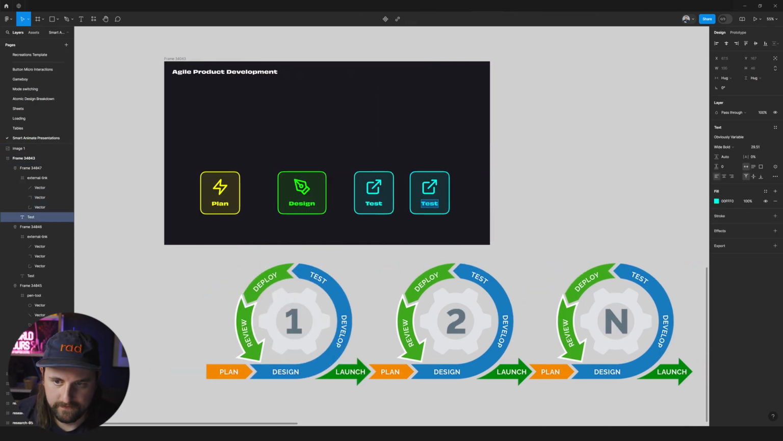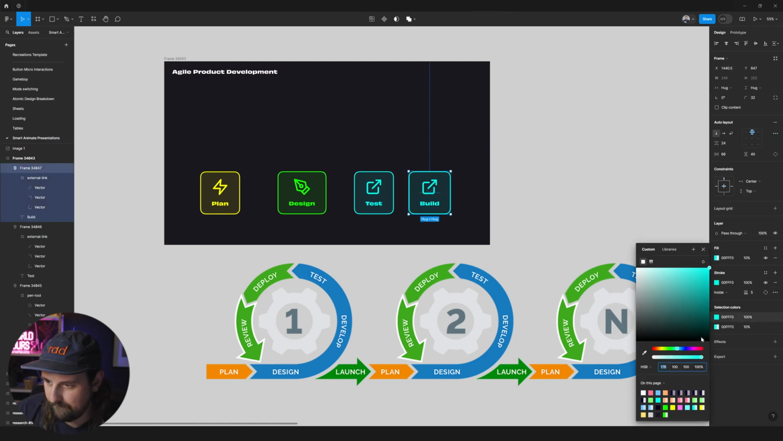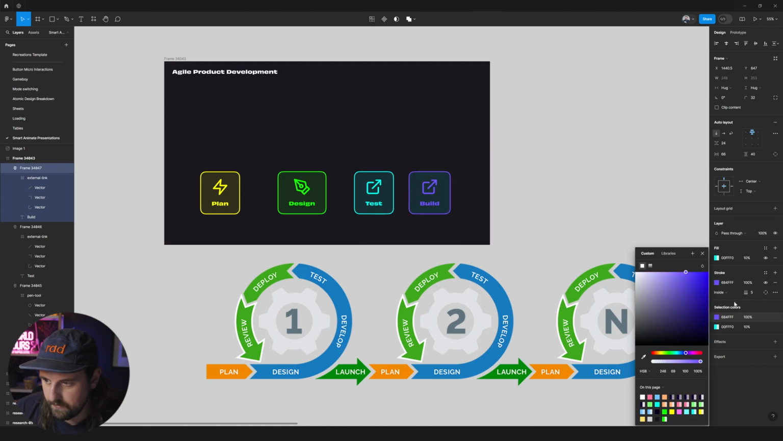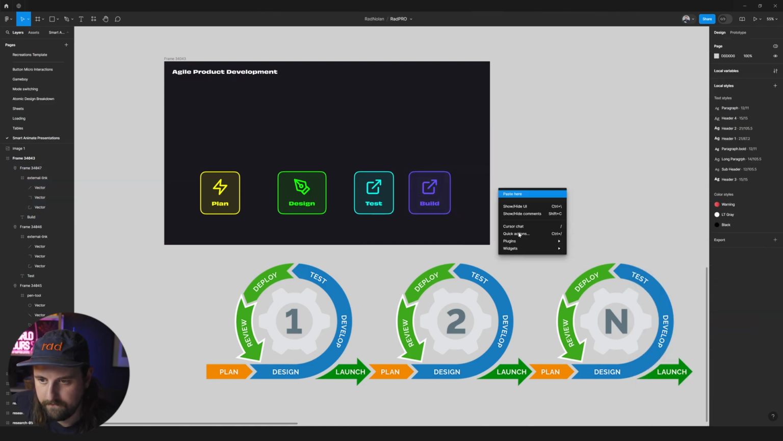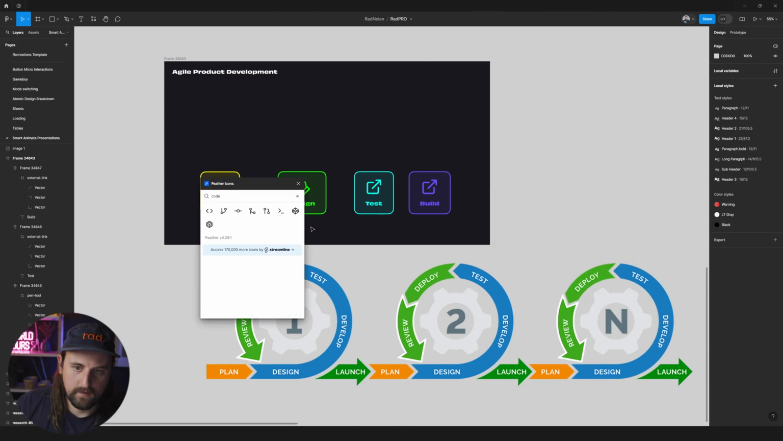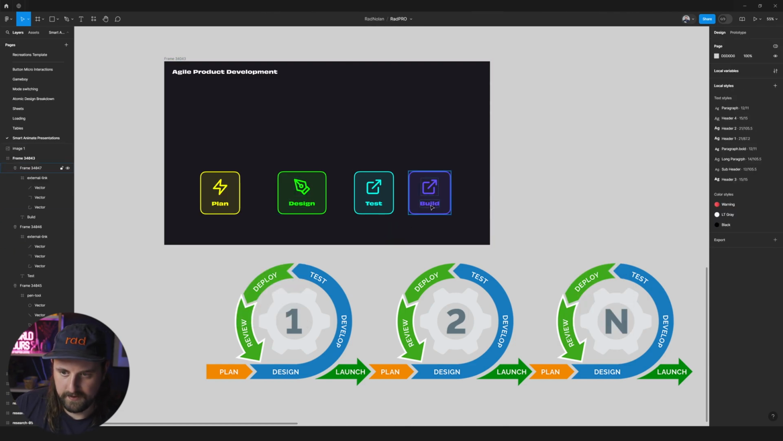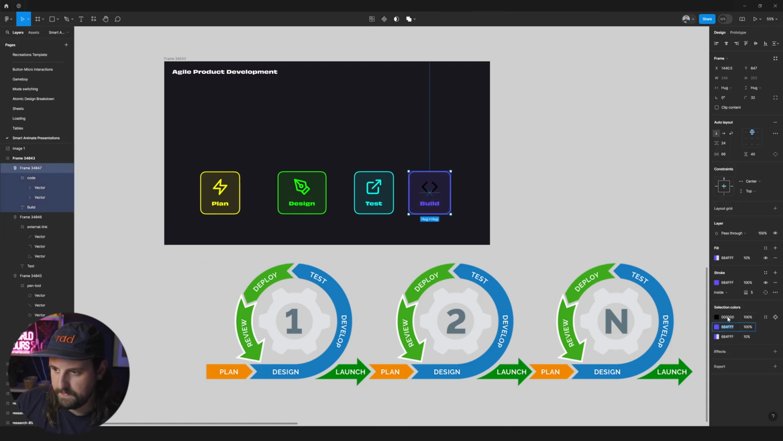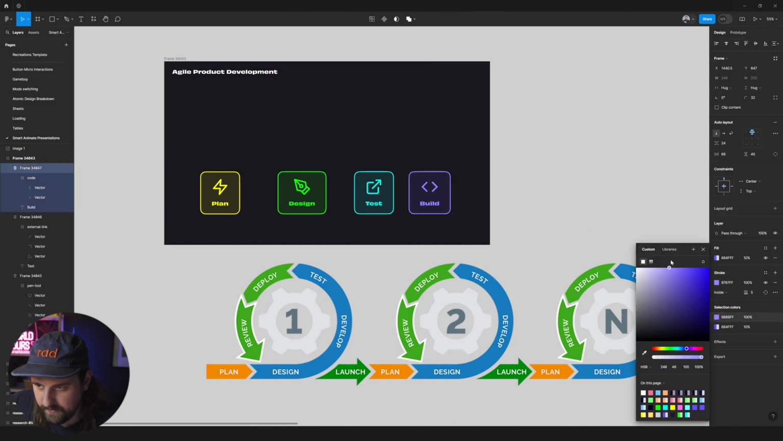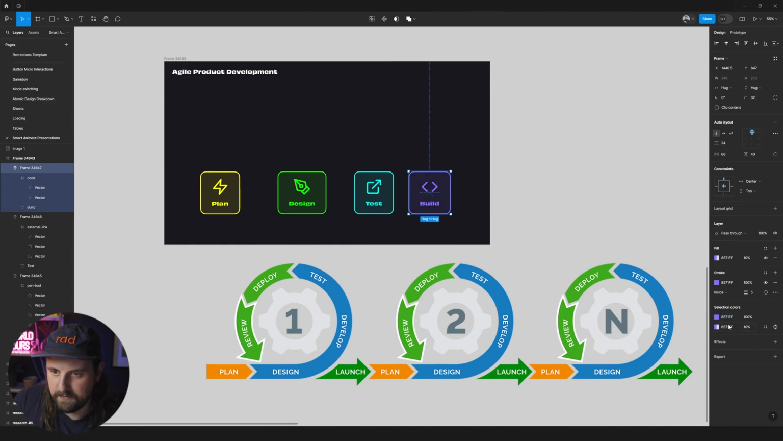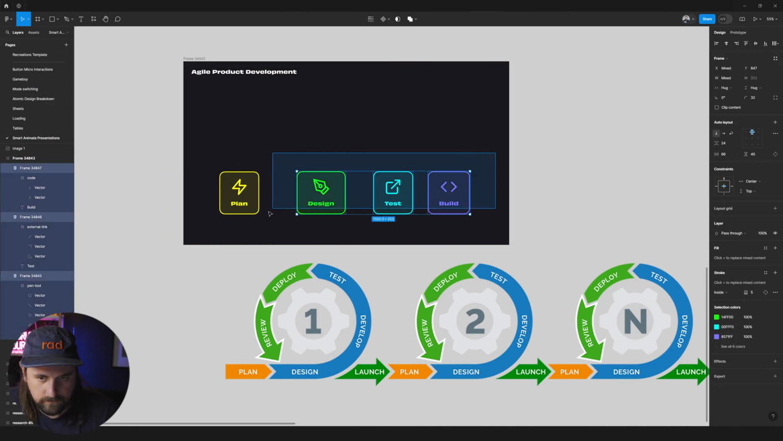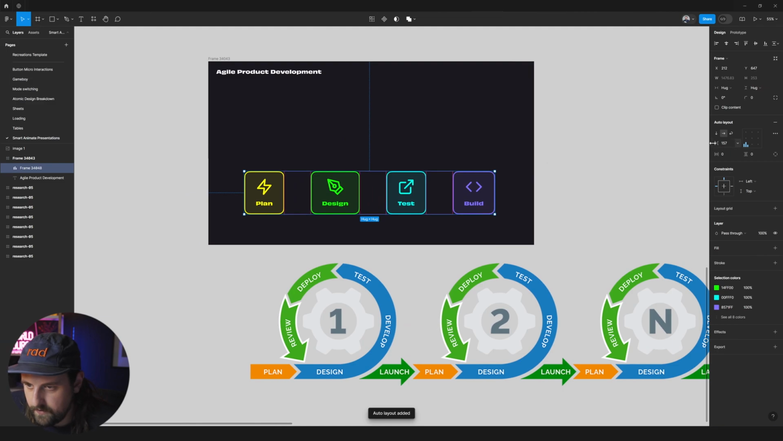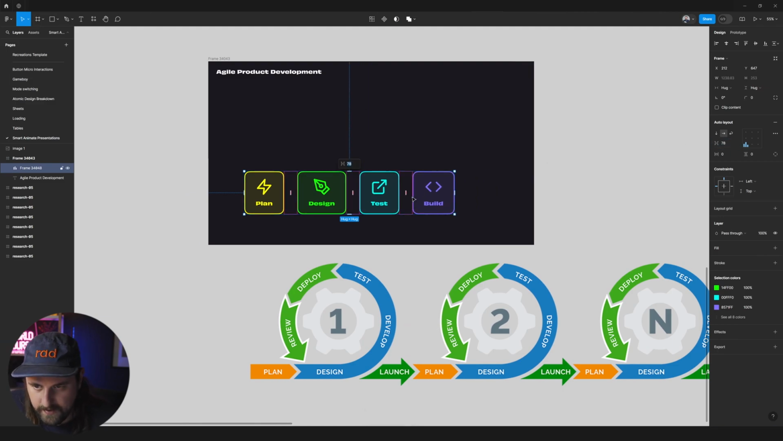Deploy. Let's just call this build, you know? Purple. Yep. Put that on as code. Just make sure these colors are accessible. We've got to probably bring this a little bit brighter on this purple. Okay. So we plan, design, test, build, and then